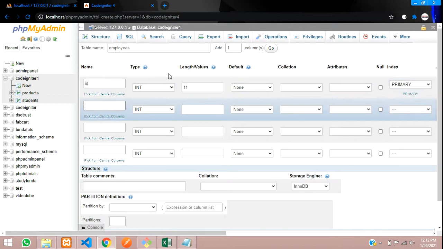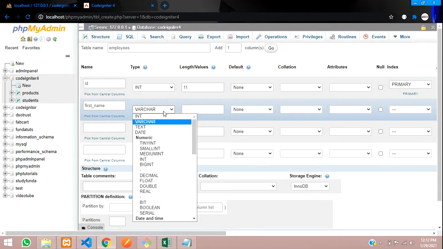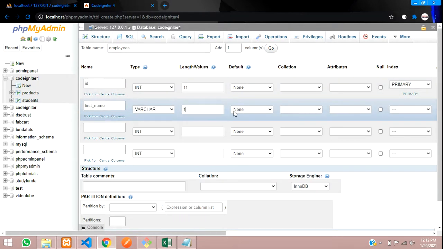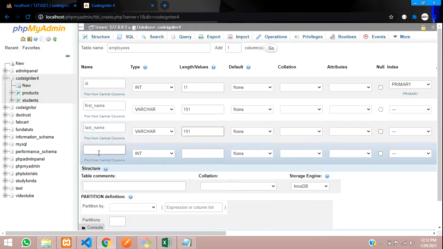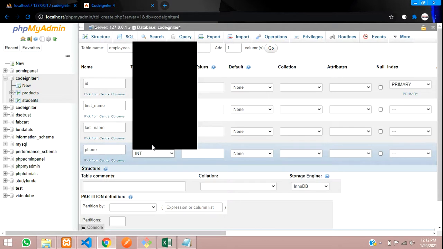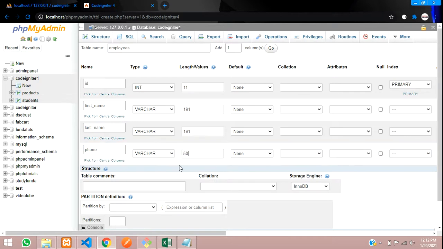Now let's insert first_name, varchar with a value of 191, and then the second column will be last_name, which is also varchar 191. Then we give phone number, varchar, and we will give 50 or 191; by default you can mention either.